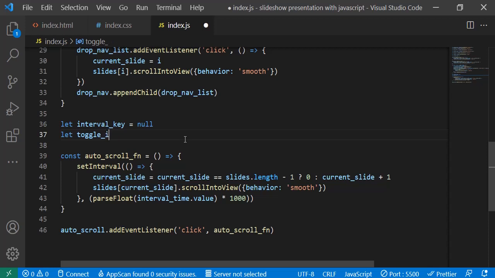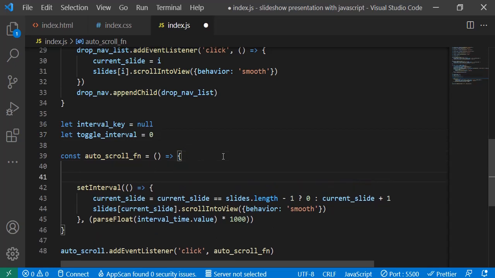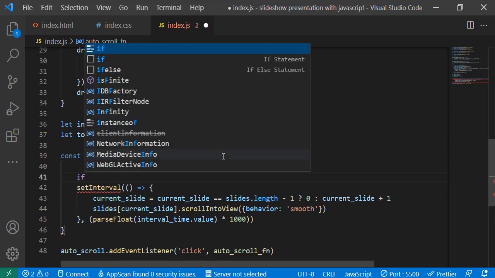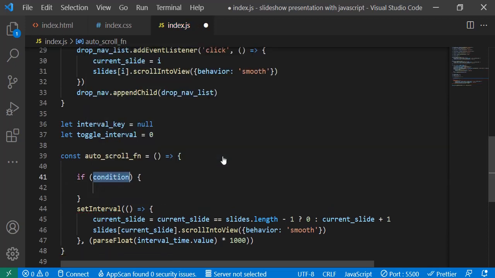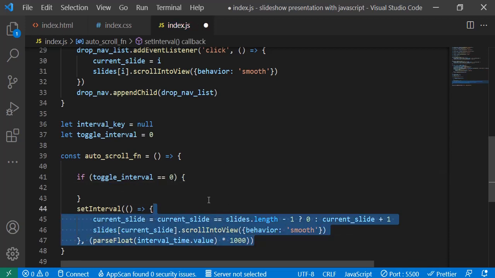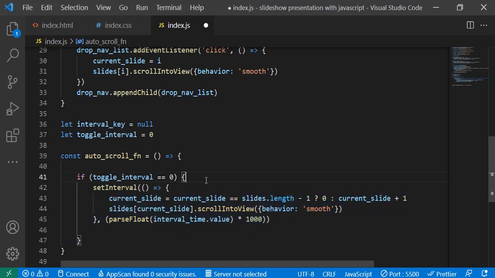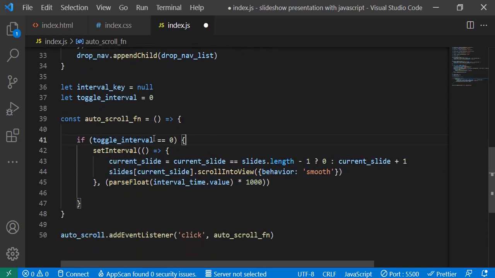Toggle interval equal to 0. Okay, now we are going to check if it is 0, that is, it is still in the initial state and the interval is not running. I'm going to understand it more just in a while. Equal to 0. Then let's put all this inside. If it is equal to 0, then do this. And if it is equal to 0,